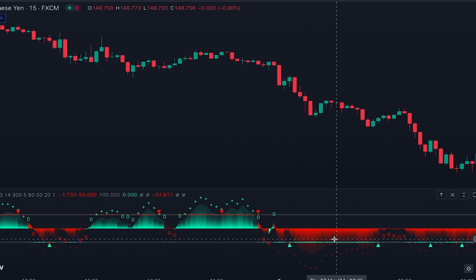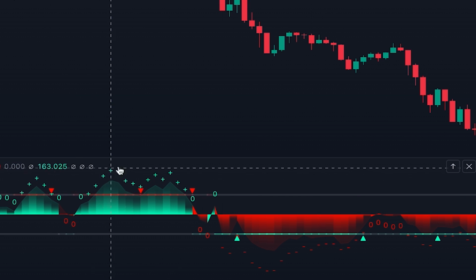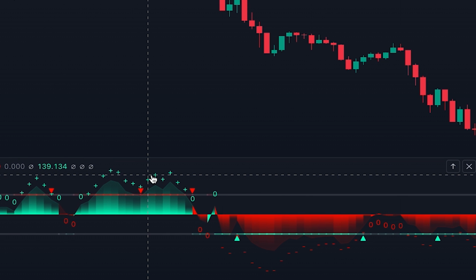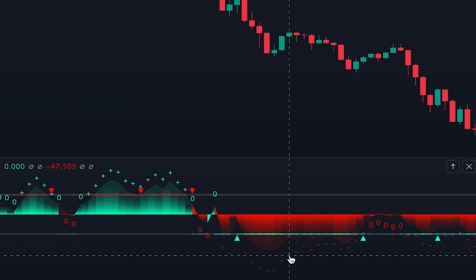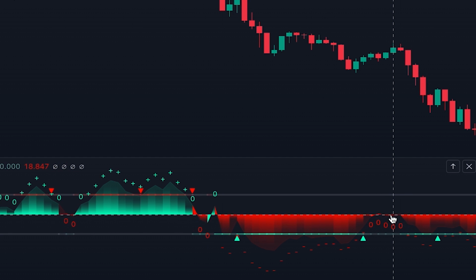But this is not all we get from this indicator, and it provides more details for us that are very valuable. As you can see, we have some plus signs, minus signs, and also zeros. When we have plus signs, it tells us that the price is advancing. When we have minus signs, it tells us that the price is declining, and when we have zeros, it shows we have a flat market. This is an excellent feature of this indicator, that it also shows when the market is in a trading range. And this is a very short-term view of the market, and these signs help us with precise entry and exit